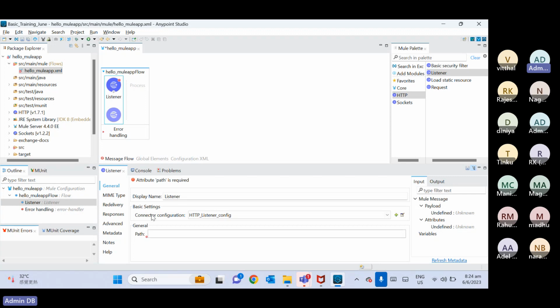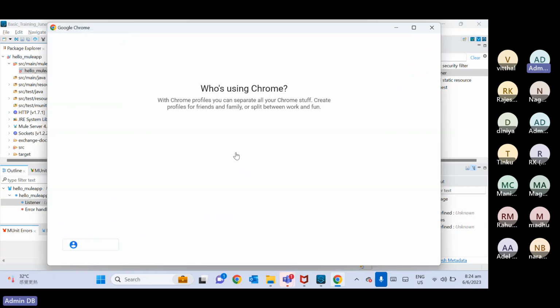And in the listener, what all things have we defined? Inside the connector configuration, we define protocol, host, and port. Still one thing is pending. Okay, if you remember our last discussion,